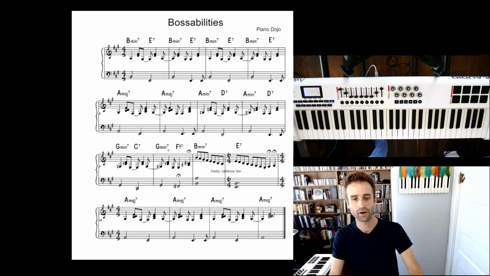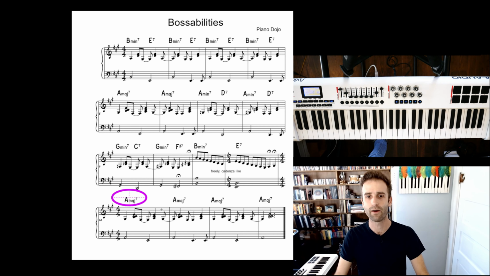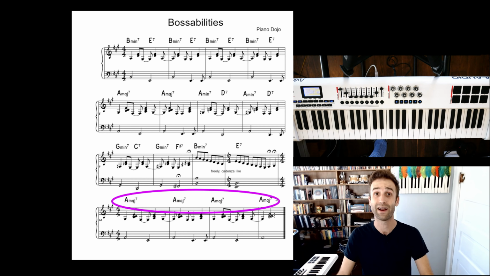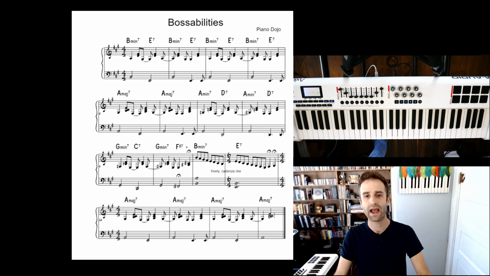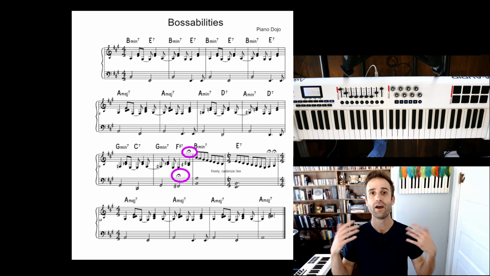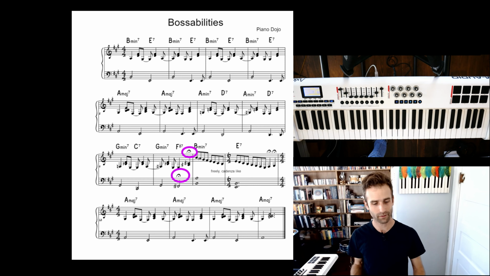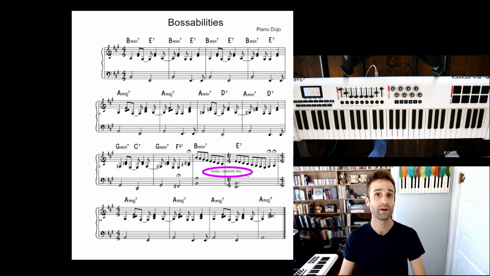Now, in order to return to our A major 7, we have sort of this little cadenza section right here, okay? And hopefully the fermatas are enough of a warning to get you slowed down, right? Those are fermatas, and they mean to just dramatically pause on those notes. And then in between these 2 measures, I wrote freely, cadenza-like. This is a chance to show off